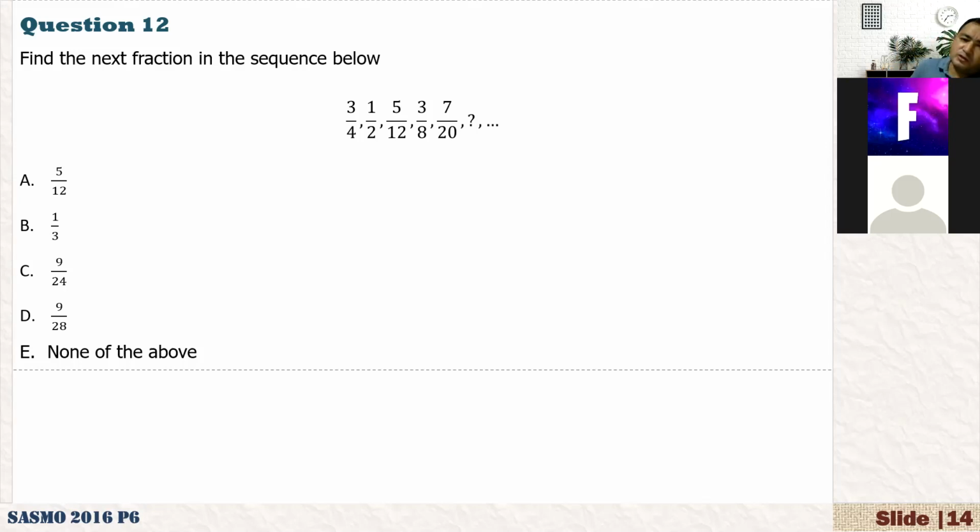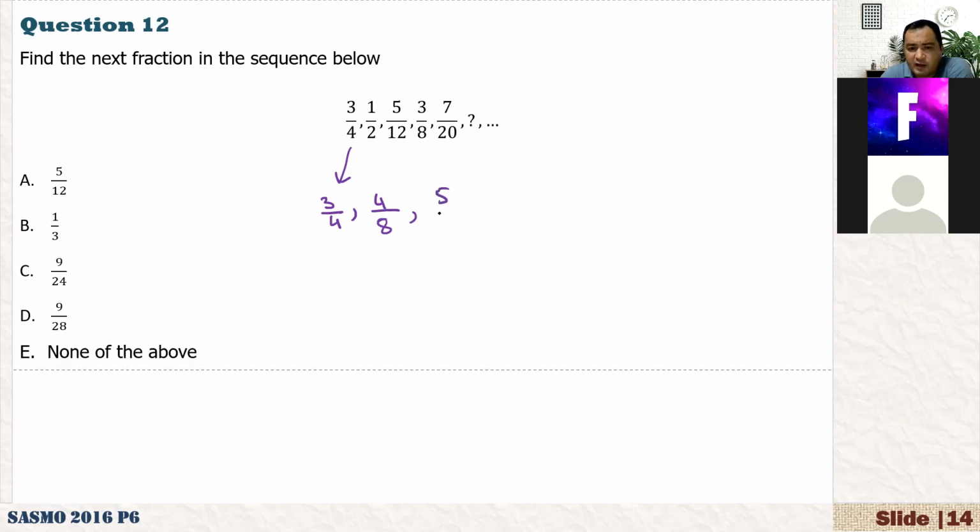Well, in this kind of question, these are fractions, right? To see the pattern, first you need to bring them into the same denominator, and after that we can see how they are changing. For example, let's say this one is 4, and we have 3 over 4. And how about this one, 2 over 8? If I multiply the second one by 4, 4 times 2 is 8. Actually, here we just see that the denominators are multiples of 4.